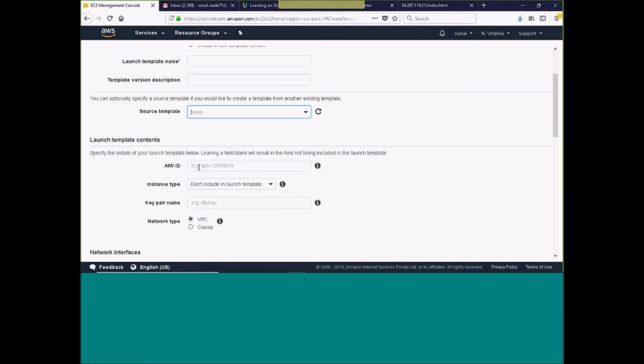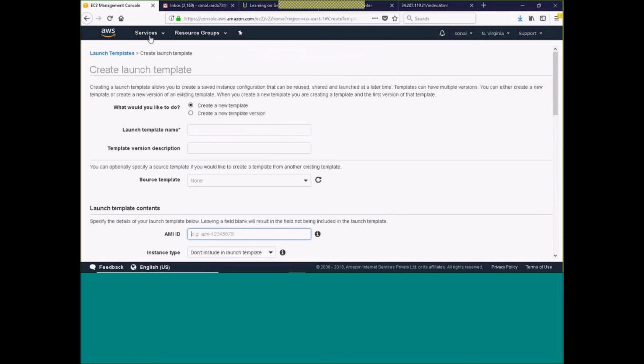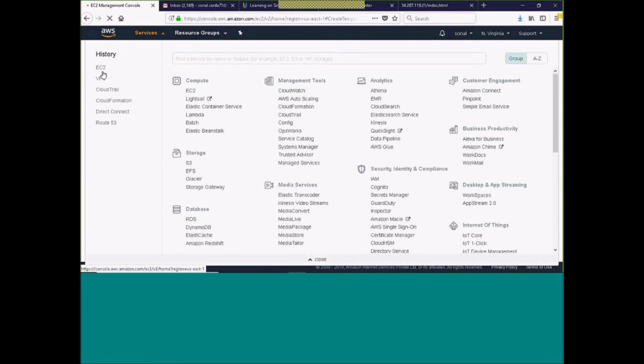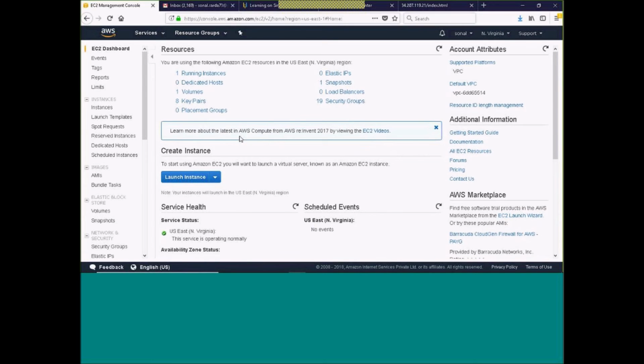You can specify your AMI ID. So you are creating a template out of an AMI. That is nothing but your launch template.